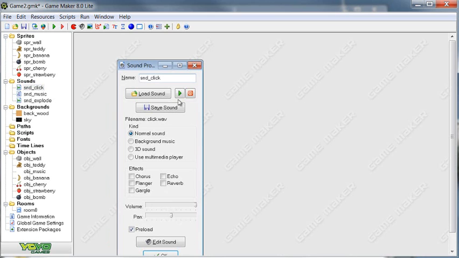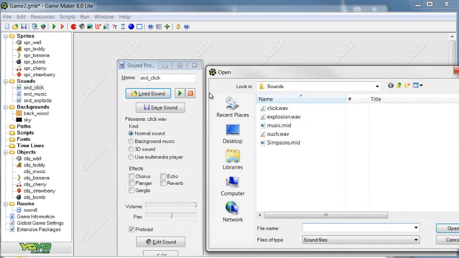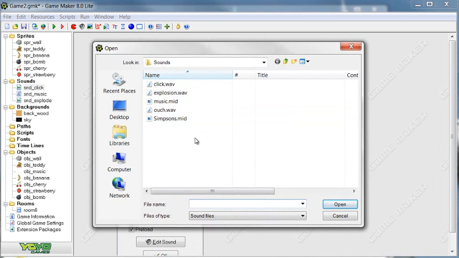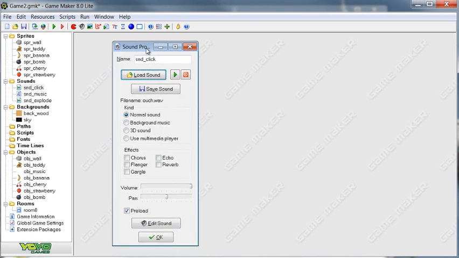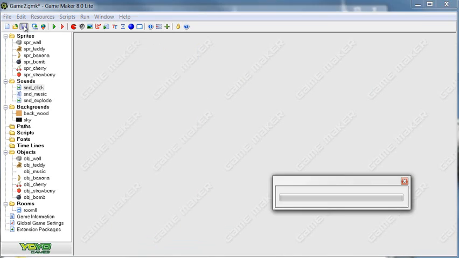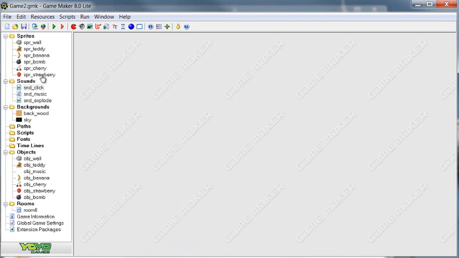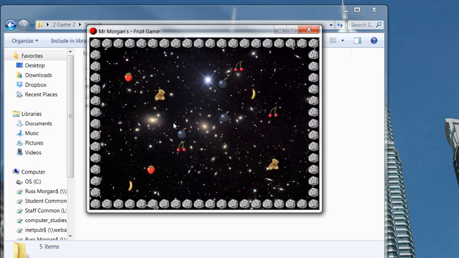So I'm going to open that one up, and I'm going to load my own sound, and I'm going to go for the one which I've just made, which is called ouch, which is a wave file. I'm going to click open on that one, and I'm going to click OK again, and I'm going to save everything, and then I just need to test it and see how it works, make sure the noises are correct. Okay, so I can hear the Simpsons playing, and if I click on my teddy bear,